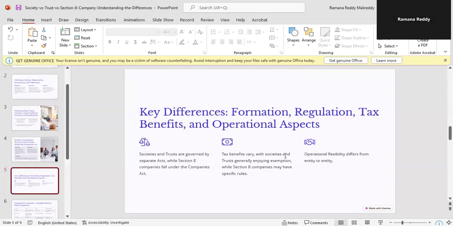The tax benefits vary, with societies and trusts generally enjoying exemptions, while Section 8 companies have specific rules under the Companies Act. All three entities enjoy tax benefits. Operational flexibility also differs from entity to entity. Compared to trusts, societies are more flexible. Compared to societies, Section 8 companies are more flexible.